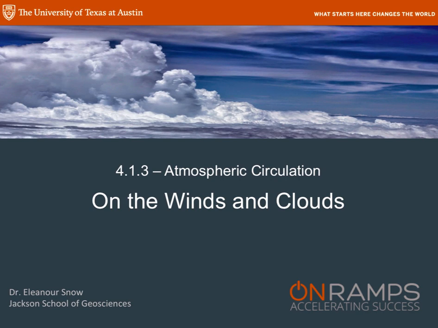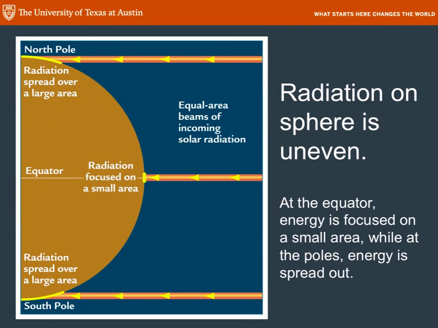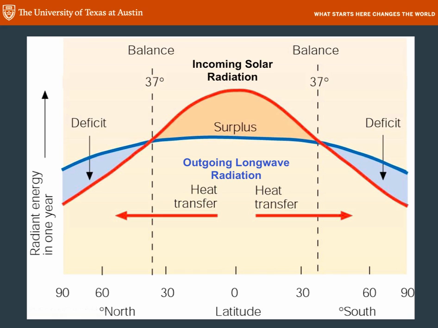Today we're going to talk about atmospheric circulation, or how wind moves around the globe. Now remember, we looked at this graph before. We talked about how solar radiation is more focused at the equator because the same amount of radiation is focused on a smaller area. The consequence of that is that there's an imbalance of incoming solar radiation, or incoming energy,